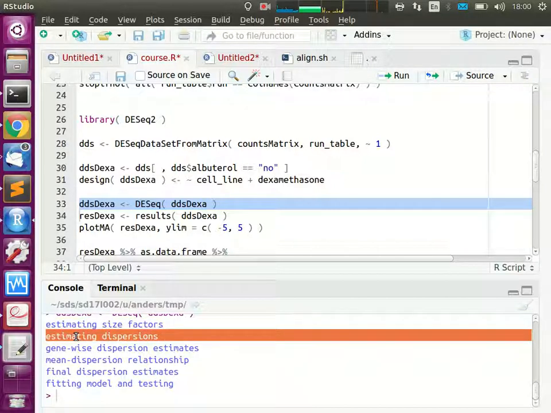Next, it estimates the variance. We've talked already in the previous lessons about how important it is to estimate, to know how much things vary within group, so that you don't mistake random fluctuations for biological signal. And what this needs in this case, because we have 8 samples, 4 treated and 4 untreated, but